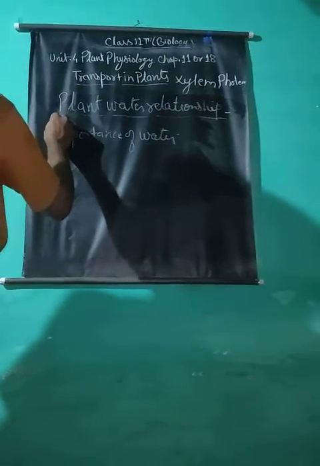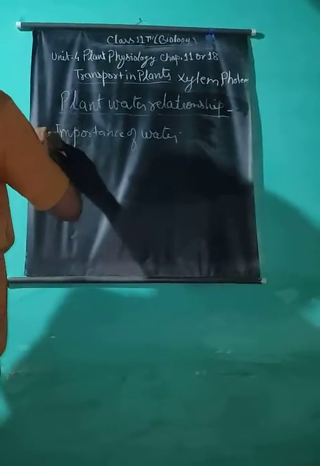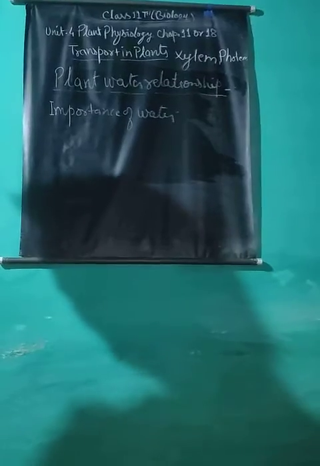Hydrolysis is the breakdown of larger molecules in the presence of water into simpler ones, and condensation is the combination of simpler molecules to form complex or larger molecules. Water also maintains the turgidity of cells. Water plays an important role in the dispersal of spores, fruits and seeds. It is also necessary for movement and locomotion of gametes. Water controls the temperature of the plant and thus protects the plant from high temperatures.